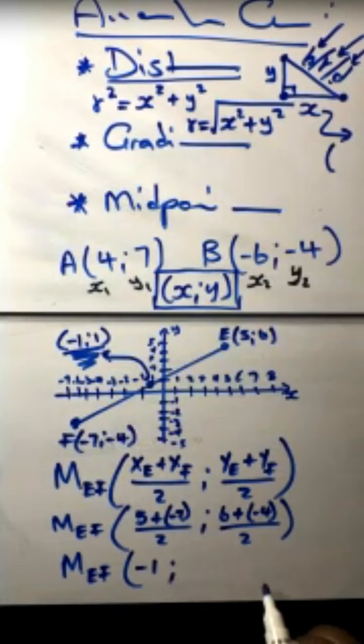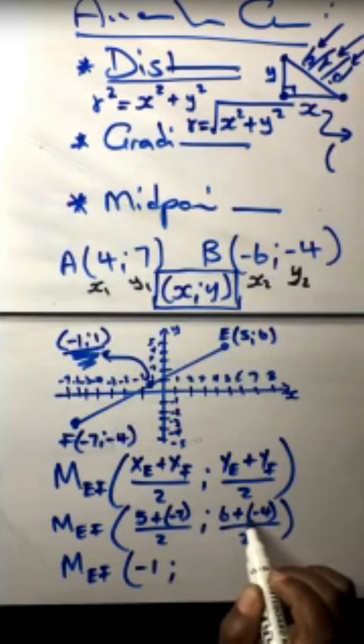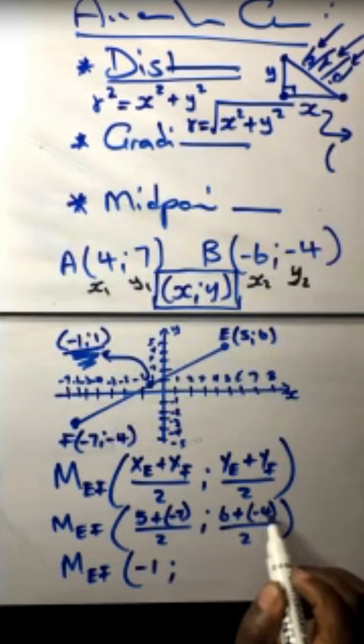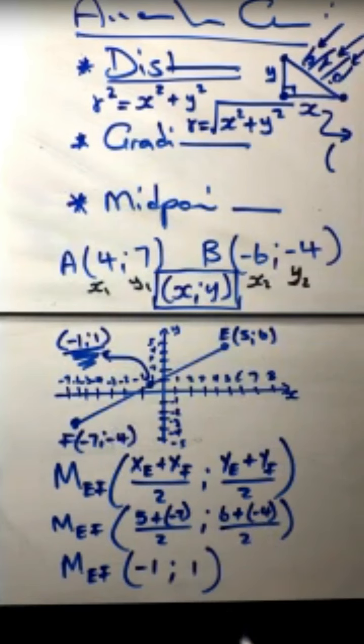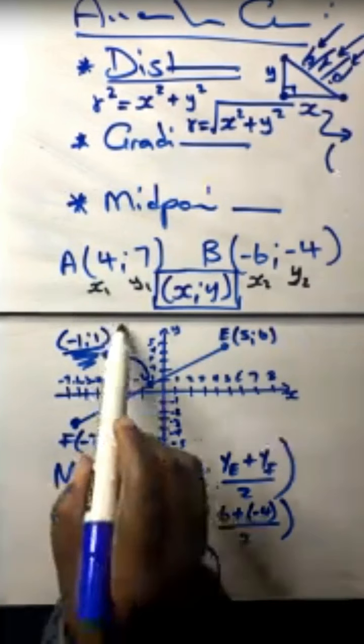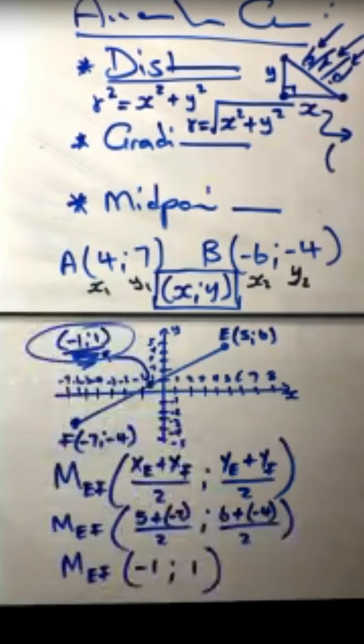-1. Then 6 minus... obviously 6 plus into minus 4, this is 2 divided by 2, it gives you positive 1. So can you see, guys, my guessing is correct based on my experience. I just gave those values out of my head, but you can see